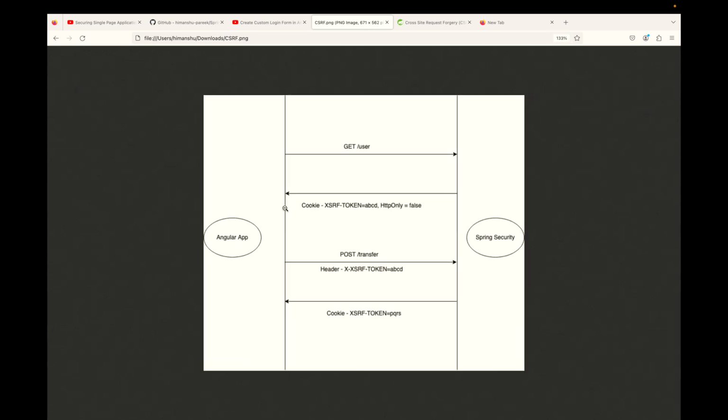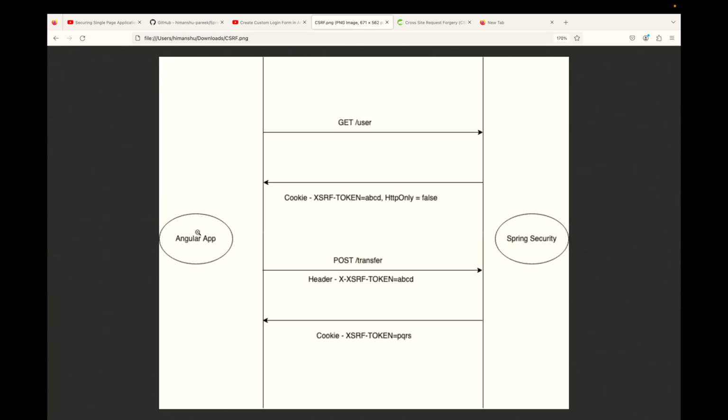So in this image, whenever Angular app will make a request to Spring backend, let's say get user request, then the Spring Security will send a cookie called XSRF token. Let's say its value is ABCD and this should be HTTP only equal to false. Now whenever Angular sees this cookie, then it will send the value of that cookie in request header with the key